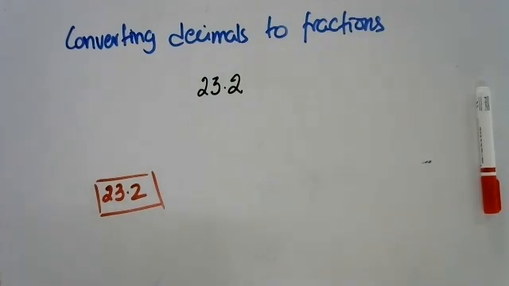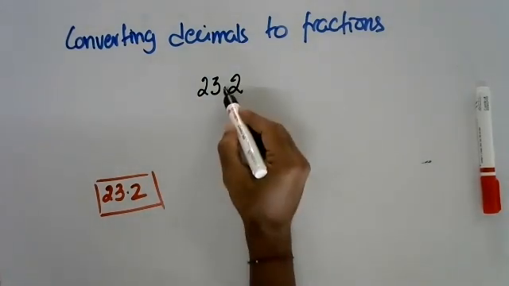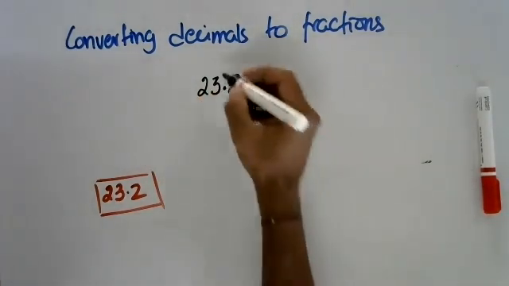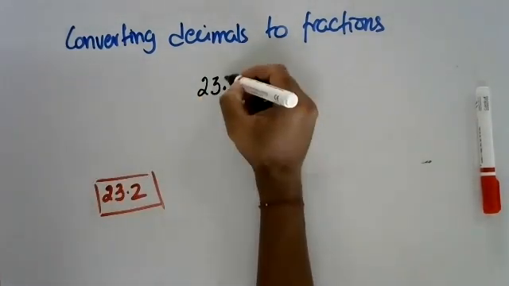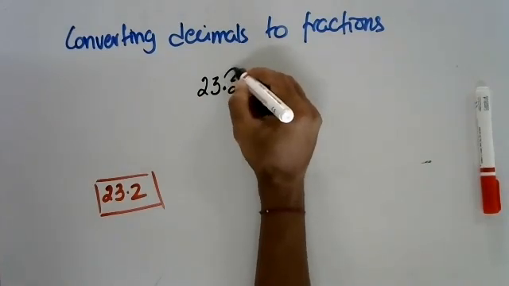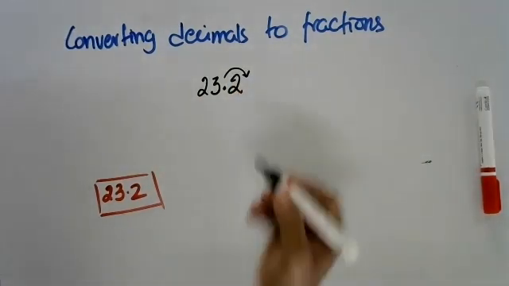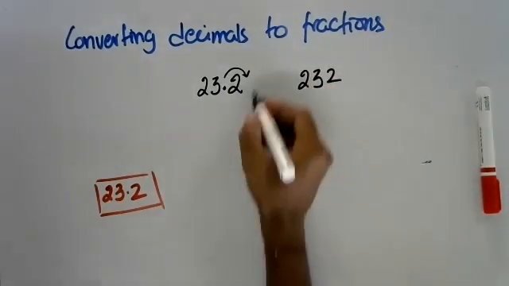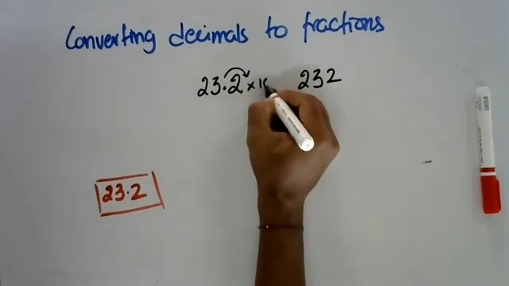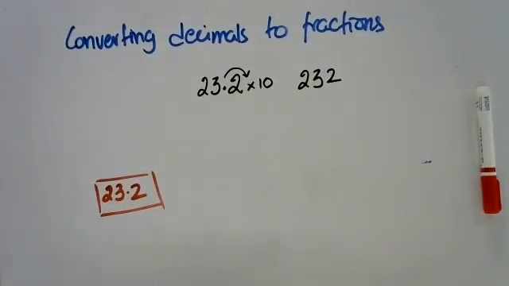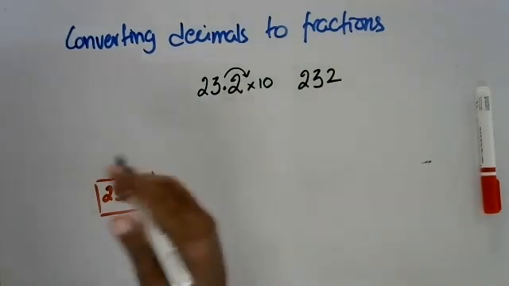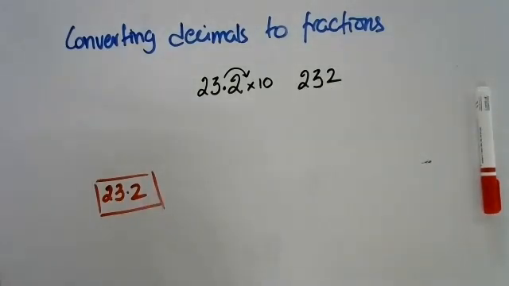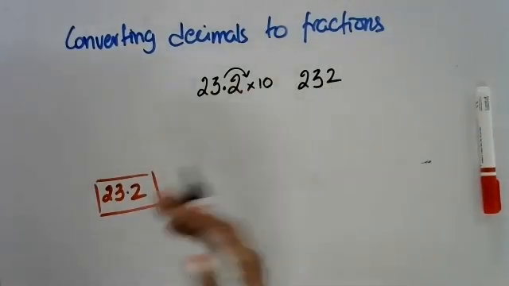23.2. Now, the principle is the same. We'll attempt to get rid of the decimal point over here, like what somebody was telling yesterday, they learnt it in the previous year. If you want to move the decimal value to this side, to make it 232, the way to do it would be to multiply it by 10, correct? But that is not quite allowed in mathematics because 23.2 and 232 are two entirely different numbers. We can't say that they are the same.